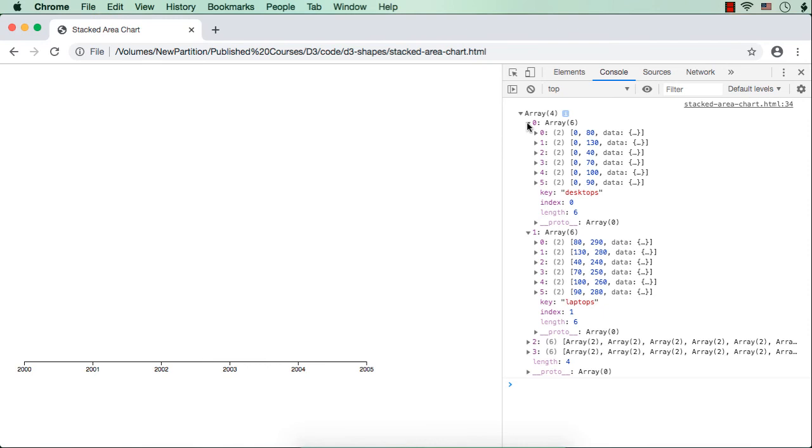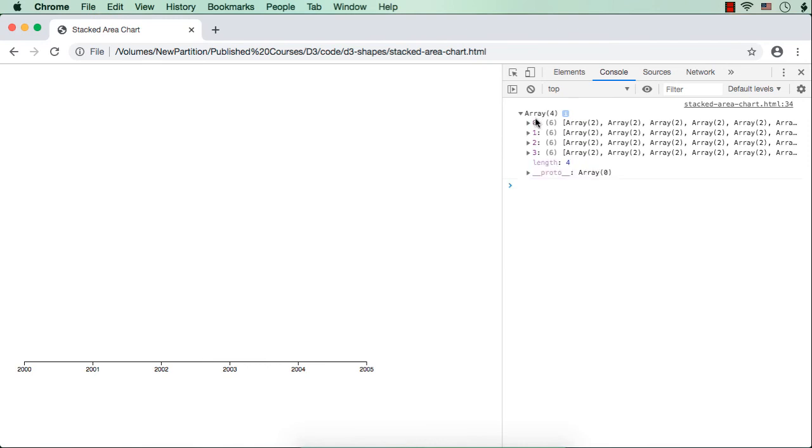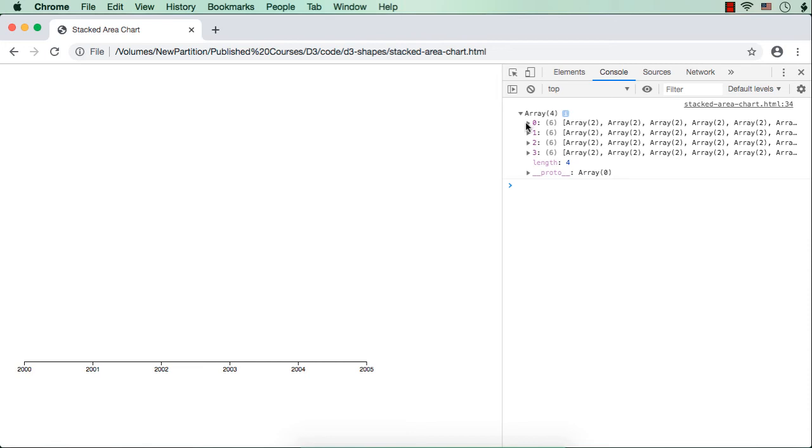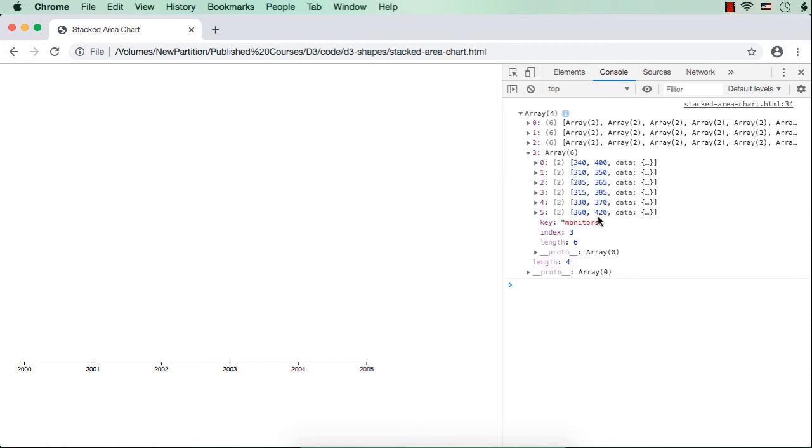So here we have 4 arrays as of now. And what should be the maximum value of Y scale? It will be there in this last array, right? It should be 420. So this is the maximum of this, which is 420. So this should be set as the domain's maximum value for Y scale. So that is why we haven't set the maximum value, that is the domain for Y scale.